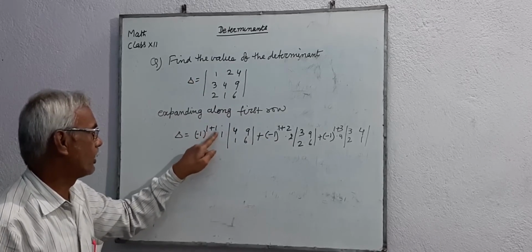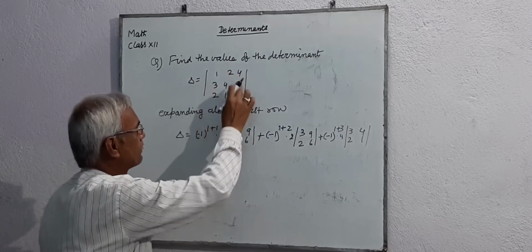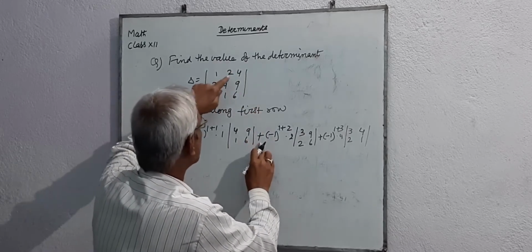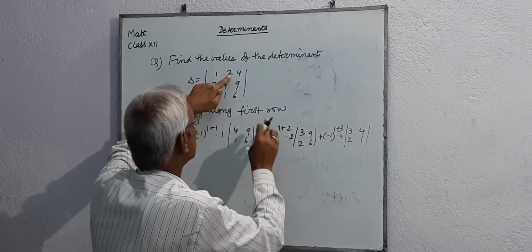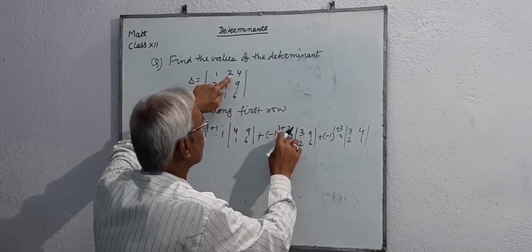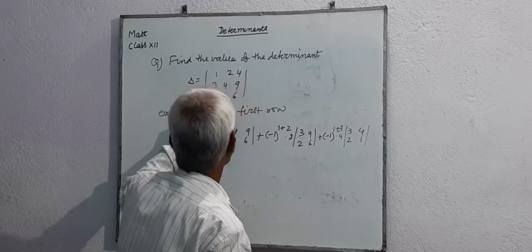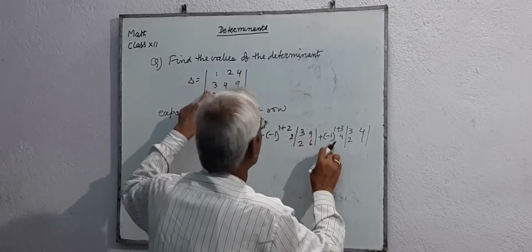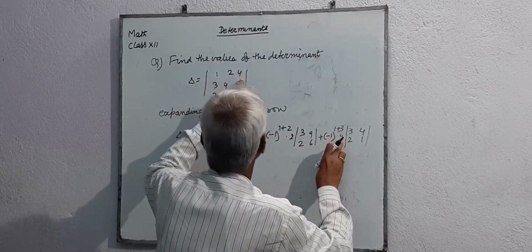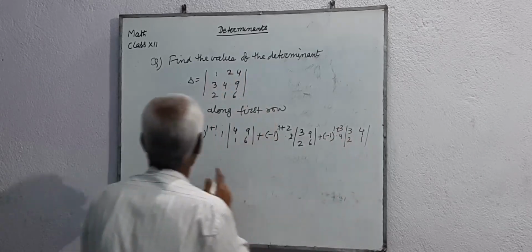First row and first column, 1 plus 1. Eliminate the first row and first column, we get a determinant of second order, 4 9, 1 6. Plus, in the first row and second column, the element is 2. Its sign is minus 1 to the power 1 plus 2. Eliminate the first row and second column, we get 3 9, 2 6. Plus minus 1 to the power first row and third column, the element is 4. Eliminate the first row and third column, we get 3 4, 2 1. Its value is